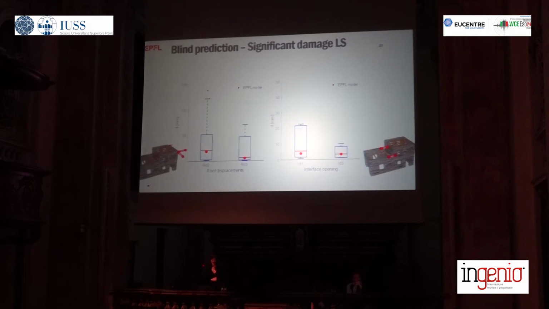But of course, one thing that struck us immensely was really the large scatter in predicted results. So basically, some people predicted close to 0 displacement demand for 75% input. We had some close to 140 millimeter roof displacement demand for the higher unit. The scatter was even larger when we looked at the interface opening, so the opening between Unit 1 and Unit 2. But for all the values that we requested, we lay approximately in the middle,